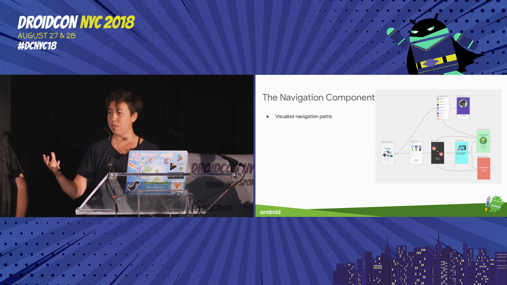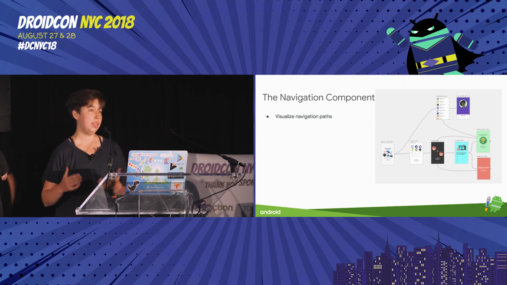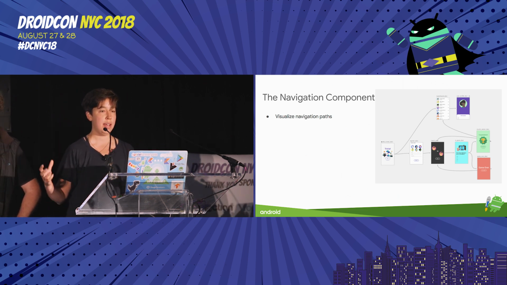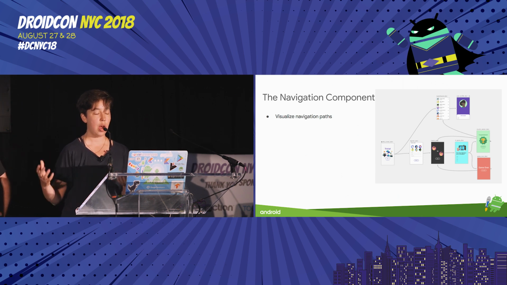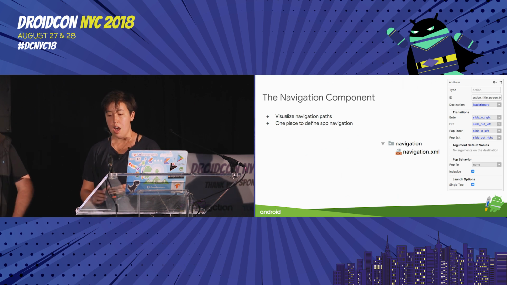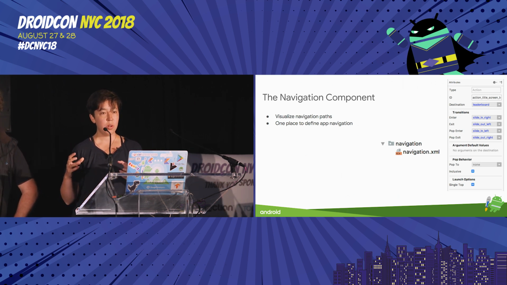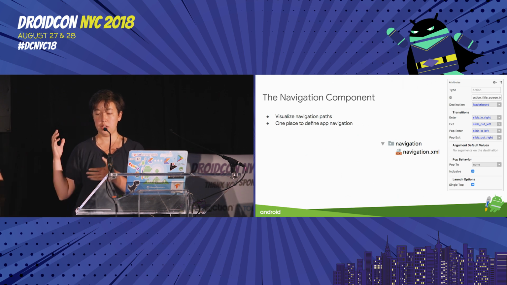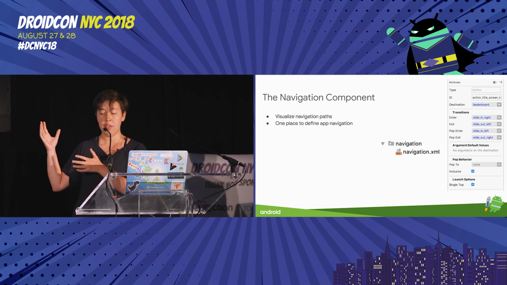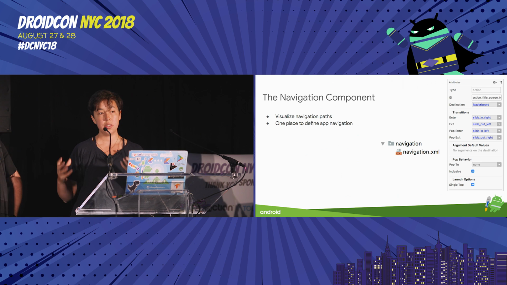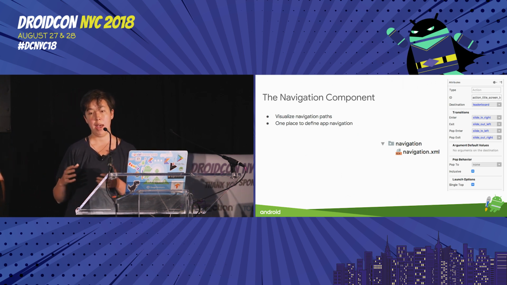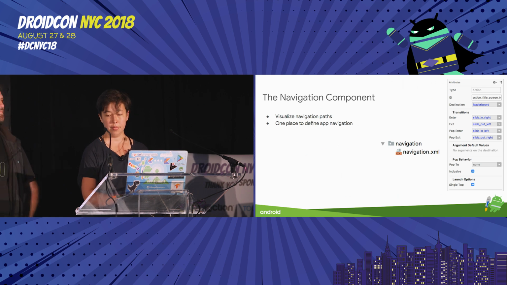So some benefits of using the navigation component. First of all, the fact that you have this fancy nav graph is kind of cool. You can now visualize all the paths that you can take through your app, and you can also share that with designers or less technical people that you might be working with. Also, there's now one resource that has all of the information about navigation for your app. We can see here part of the navigation graph. It includes things like transitions from one destination to another, and what arguments or data you might pass between one destination and another.